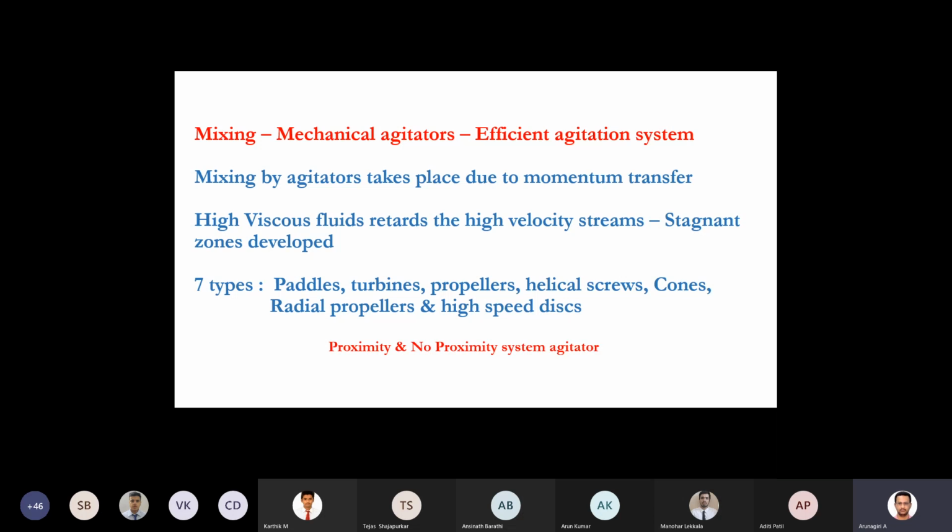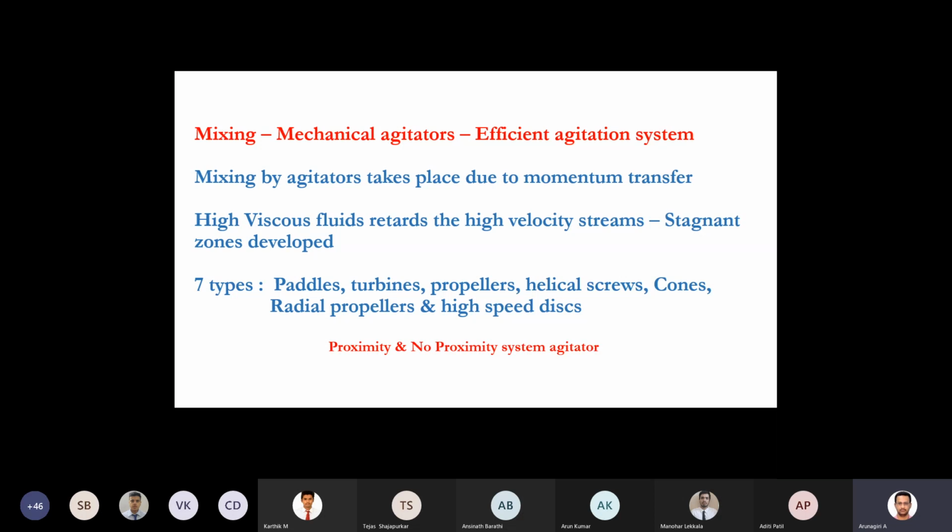Okay, so even in reaction engineering, you might have studied the mixed flow reactor and plug flow reactor. What is the mixing? Okay, mixing characteristics, those things you might have studied. So these stagnant zones, unmixed zones, non-uniform mixing or dead zones lead to a decrease in the performance of this.